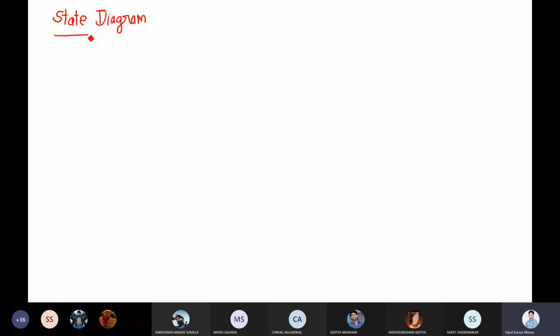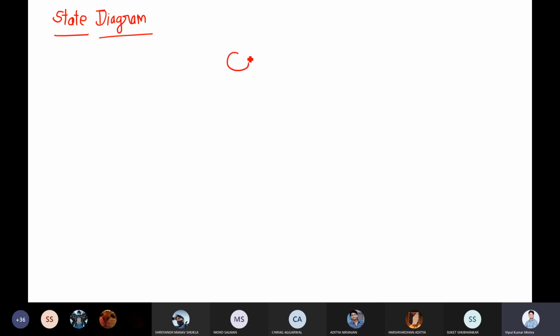Have you seen state diagrams in your discrete circuit course, by chance? No? I don't think so. Okay. So a state diagram is like a control thing, like a step by step how you move forward. So let me make one state diagram first of all for you.